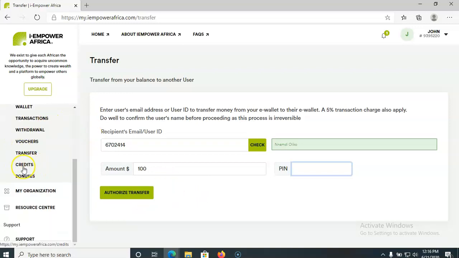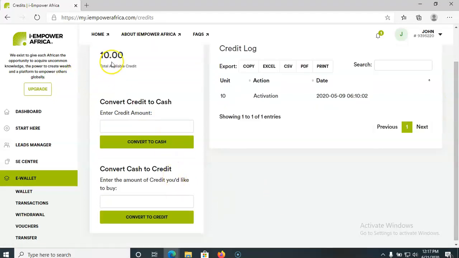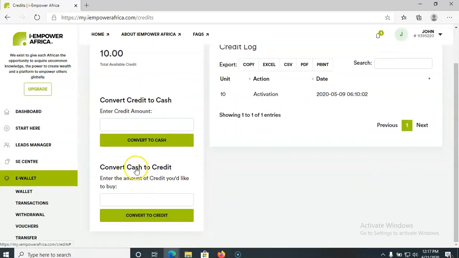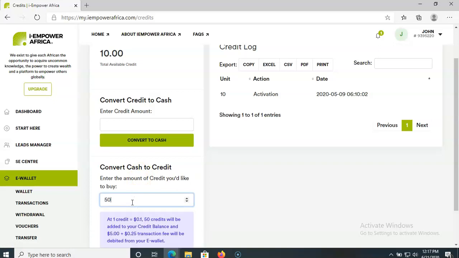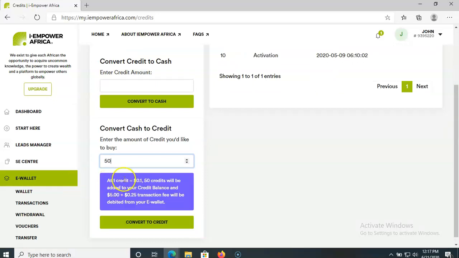Credits, yes, this is another interesting feature in the system. Now, if I want to advertise and I do not have enough credit to advertise, or I want to add more credits to my wallet, the first thing I will need to do is, if I want to convert cash, that is money that is in my e-wallet, to credit, I will come here, and if I want 50 credits, I'll just type 50. It says at 1 credit, which is